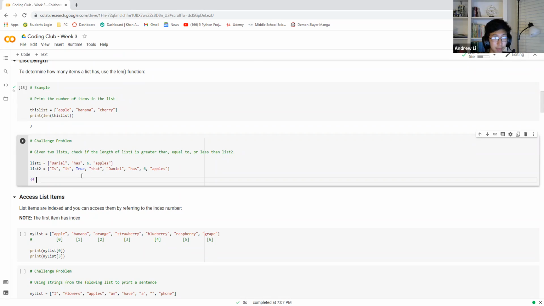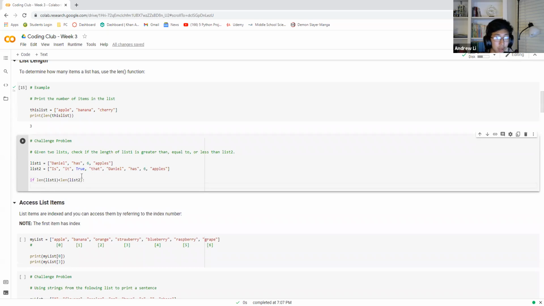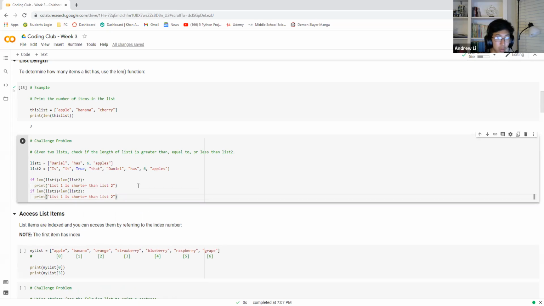So what you do is you first check if the length of list one is less than the length of list two, and if so, we will print a message saying something like list one is shorter than list two, and then we'll just do this twice to check if it's less than, and then if it's equal to,